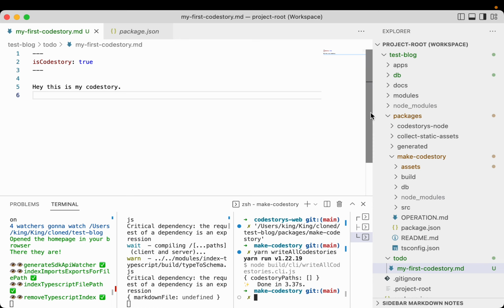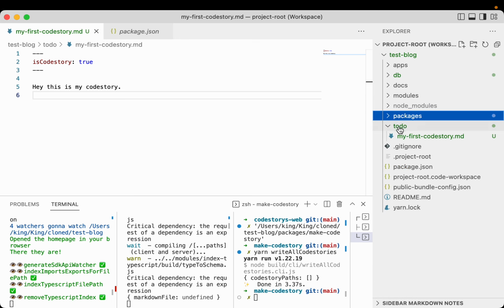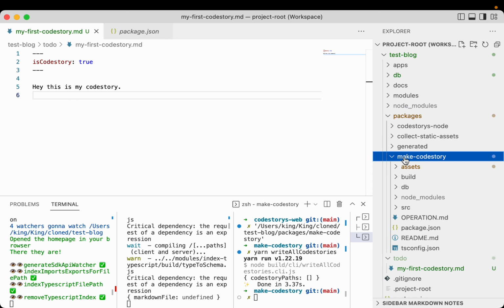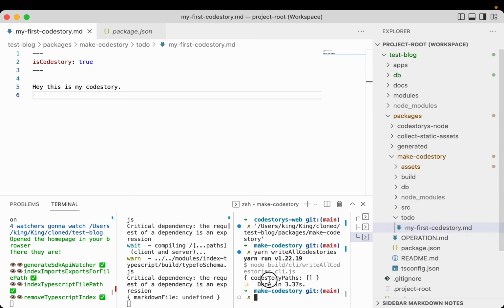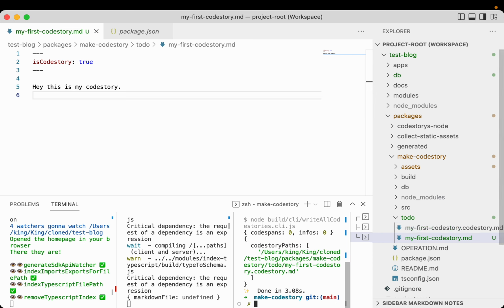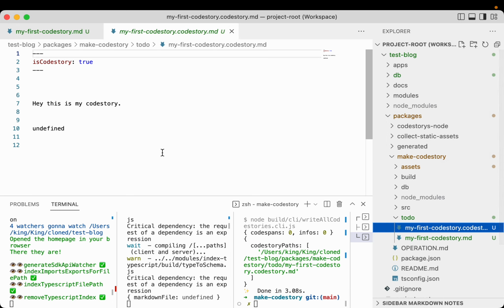Well, it seems that it didn't work because it's not part of a package, I believe, and that's why it should be in a folder here in the packages. So let's try it again and see if that works. Yes, so that's the difference. You need to make sure that your to-do folder is in the packages folder, otherwise it's going to fail. As you can see, there is a new file created